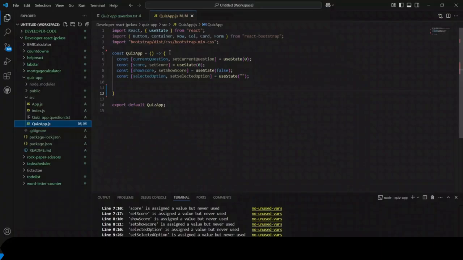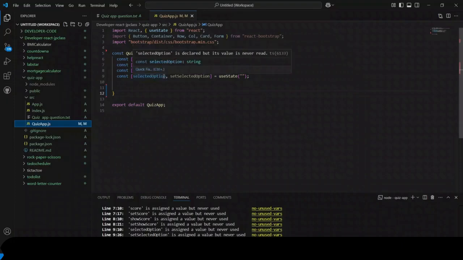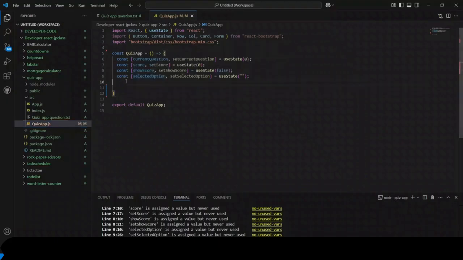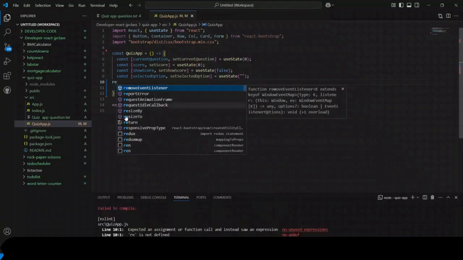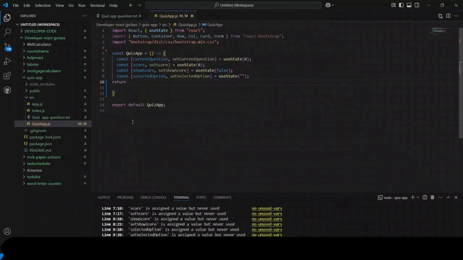In this arrow function we have useState for current question, score, showing score, and select option. After this we go for the return function. Then return, in this return,